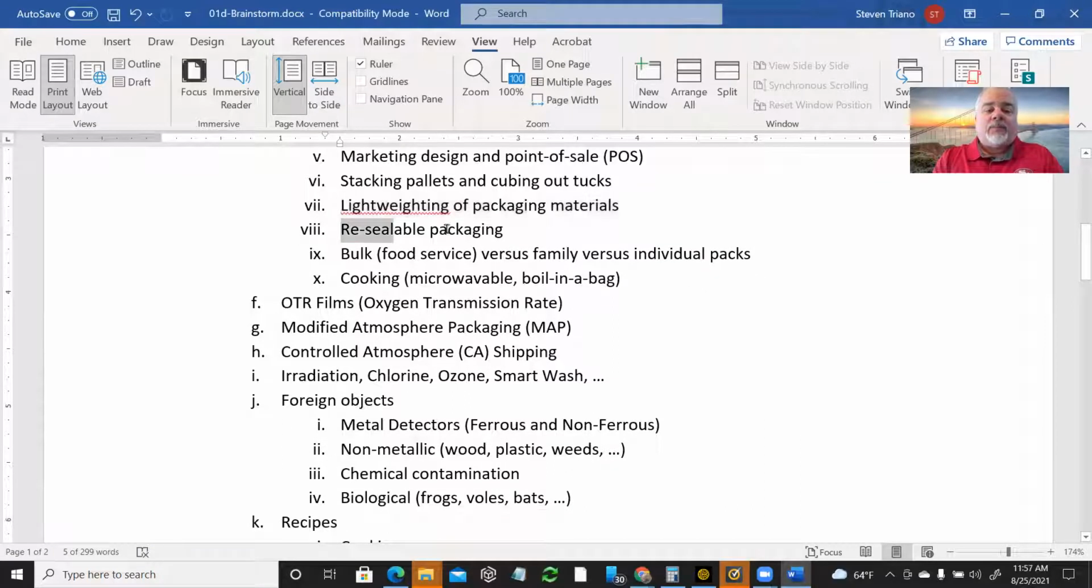What about resealable packaging? That's getting more and more common. You open up whatever. You open up,